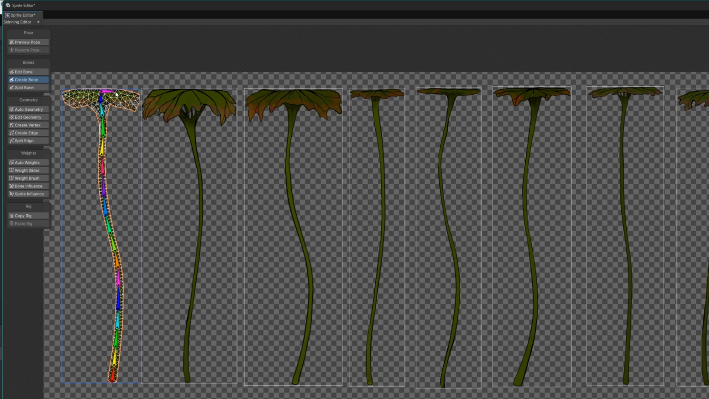So I'm going to get to this top here. I'm just going to make some simple bones. You right click to end it. I'm going to go back and click on this one here. Left click, left click, left click, right click. And as you paint these weights, I'm just going to hit auto weights. That's going to